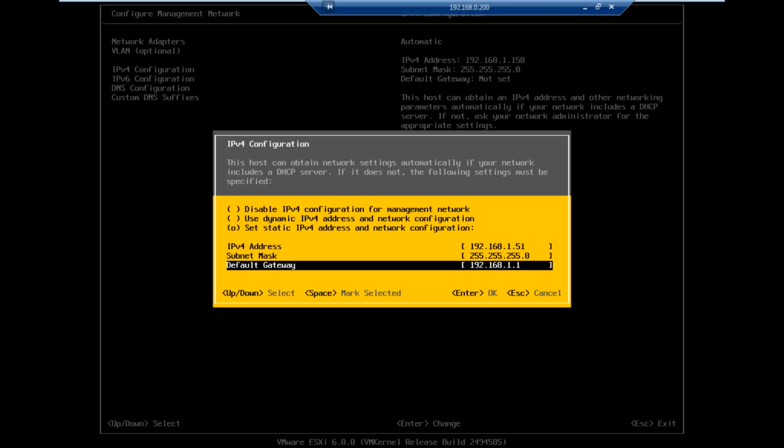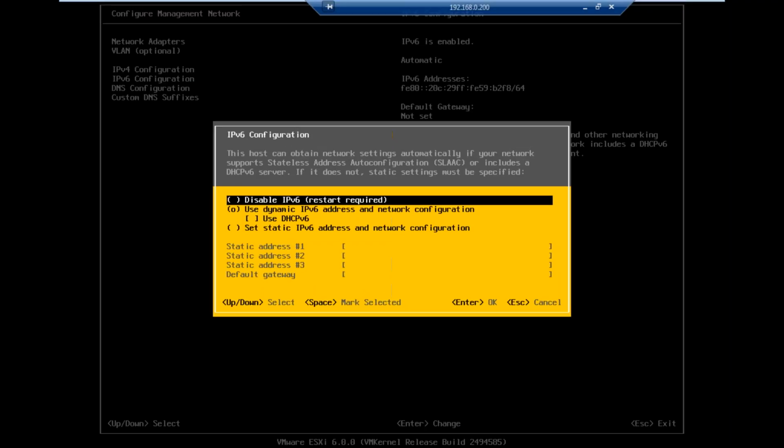192.168.1.1 is the gateway. In a real-time environment, when you get to work, this information is provided by your network team. You just have to tell them, hey, I need an IP address from the ESX management subnet. Can you give me one? Well, they'll give you an IP address along with the subnet, default gateway, and the DNS information.